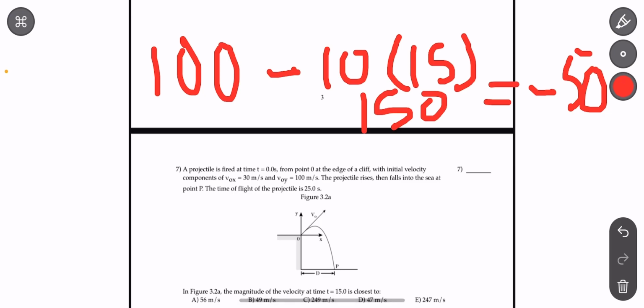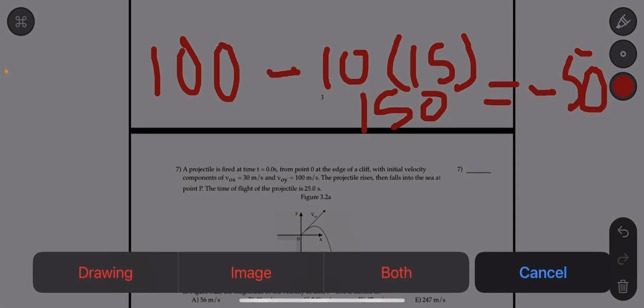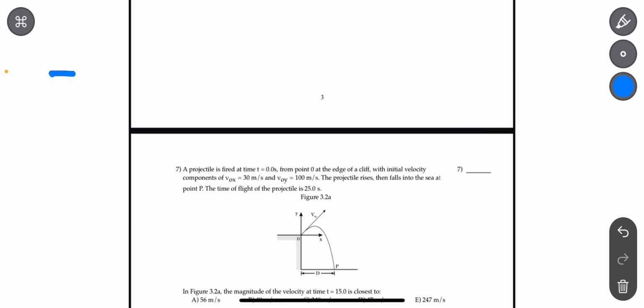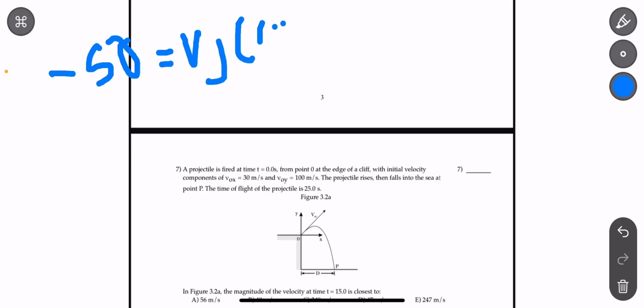Then from negative 50, let me erase this again. So now I know it's negative 50 for t equals 15. Sorry, I'm sick. Then the next equation we have to use